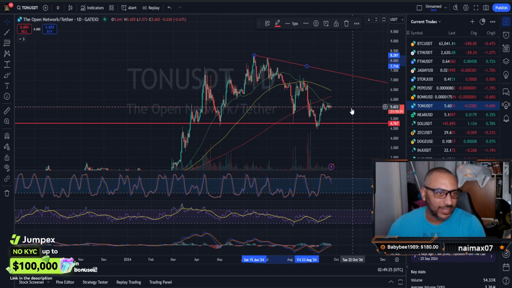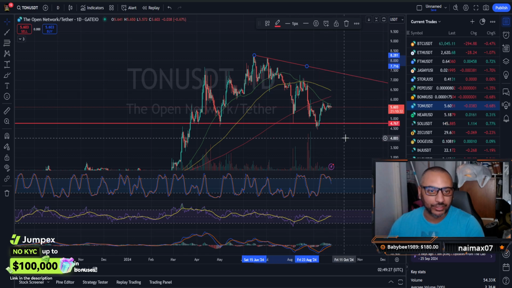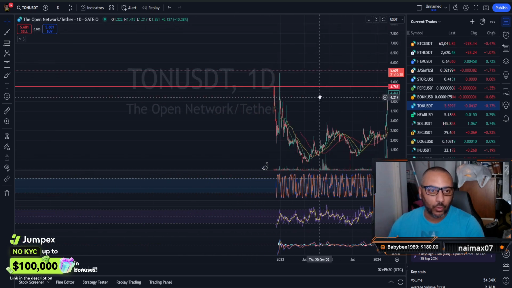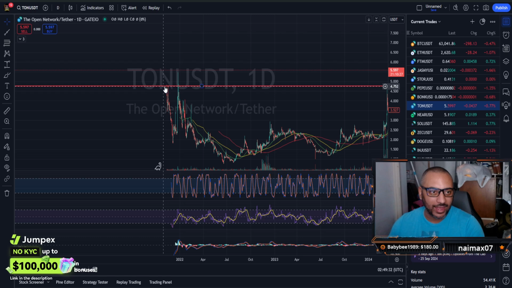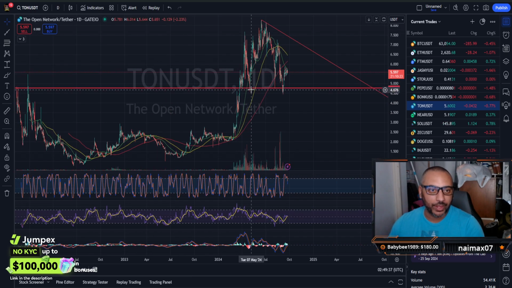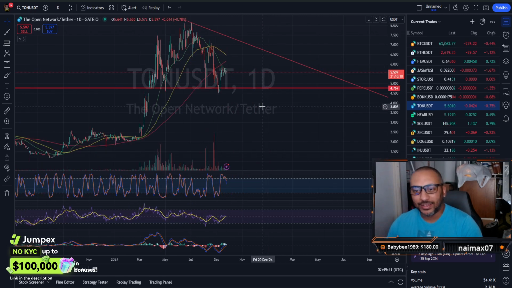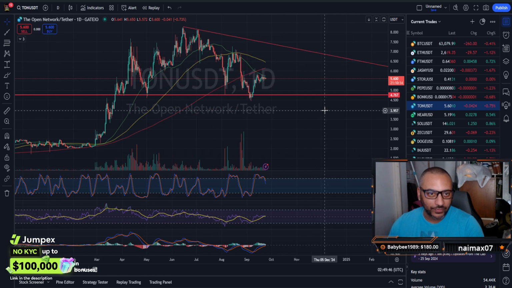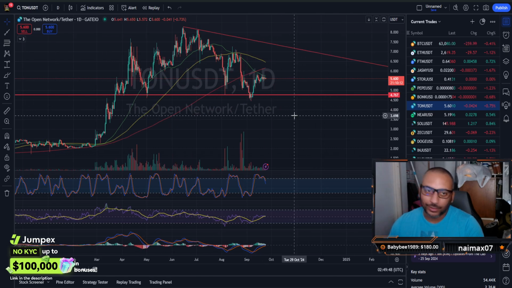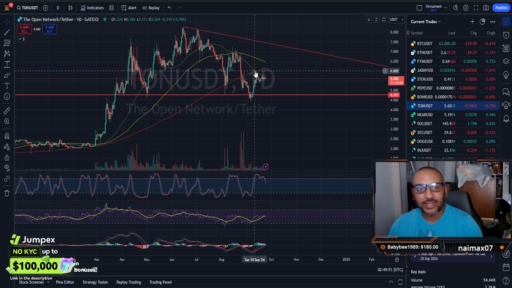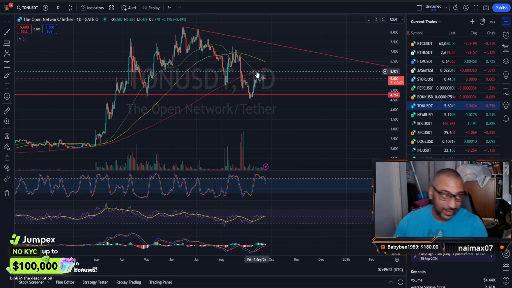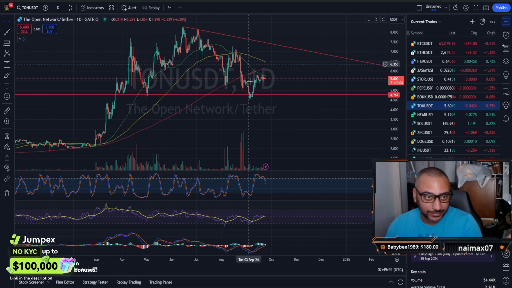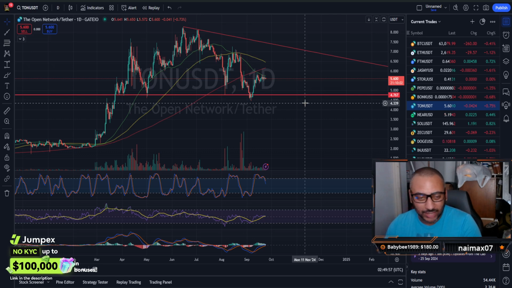Anyways, Ton Token in a very weird and precarious spot. You could see from the weekly time frame, we did have this high from when it first launched that was utilized as resistance. We broke above, held it at support once, twice, tried to go below. I mean, giving me a little Wyckoff distribution vibes right there, not gonna lie. Little Wyckoff-ish.